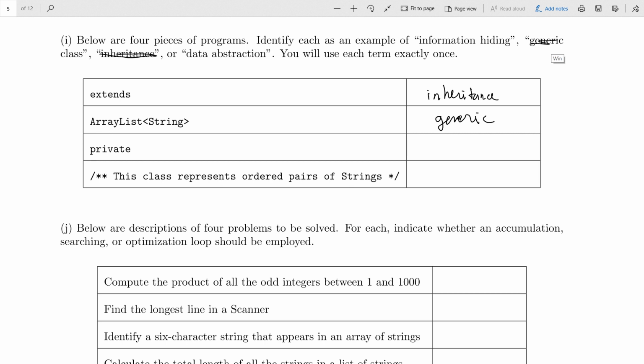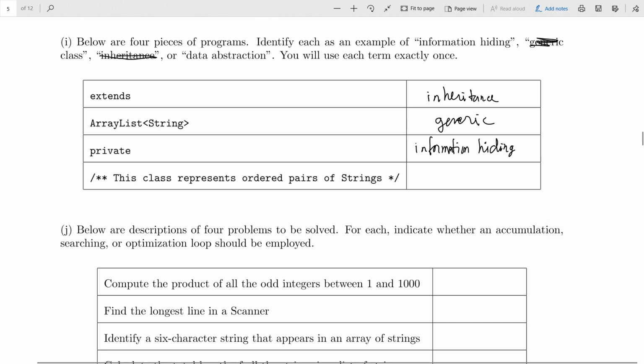What about private? Yes, the use of private instance variables is often called information hiding. In what sense are we doing information hiding when we use a private variable? He's saying we make the variable inaccessible to the outside world. We're basically hiding the variable from the outside world. They don't need to know about it, and even if they do find out about it, they can't do anything with it.